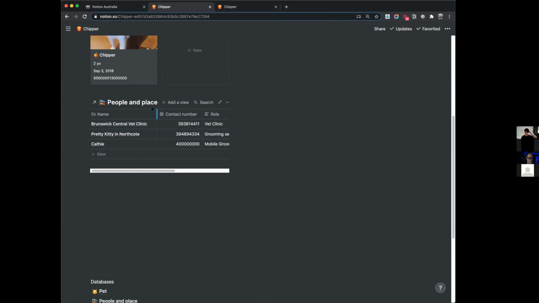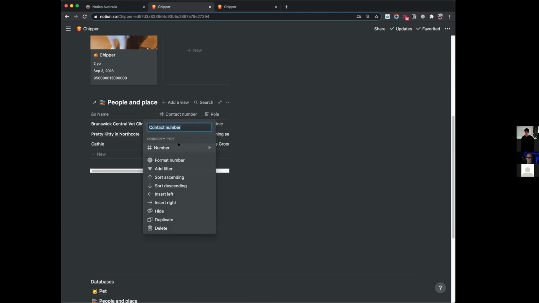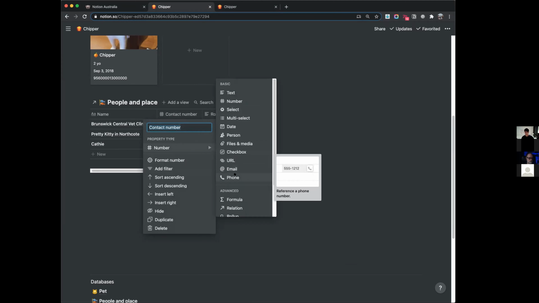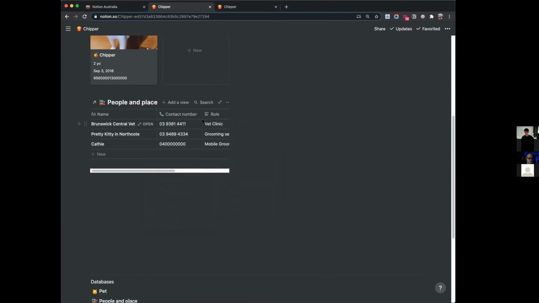out my mobile phone, it will be looking for the contact number, and it will be a phone number. So currently it's still just a normal number. I would recommend you change it to phone. And when you're on your phone, you can actually click that little dialing icon, and that automatically triggers your native phone functionality from your Notion app. Just try that today. It's pretty handy. And that is really just this database. It has name, contact number, role, and URL in it.